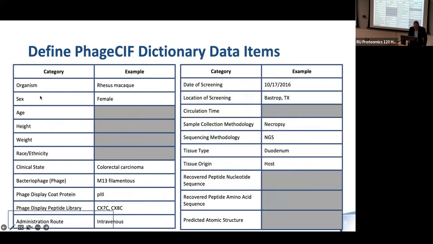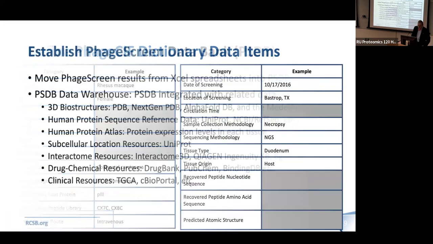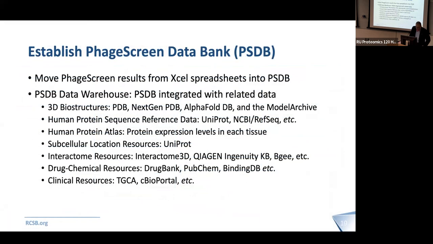Here is an example of the sort of categories of metadata information that will be used as part of the phage-CIF data standard to ensure faithful archiving of the information that's been collected already and information that will be collected from new and different screens. The PSDB will ultimately have a data warehouse, wherein the phage screen data will be integrated with related